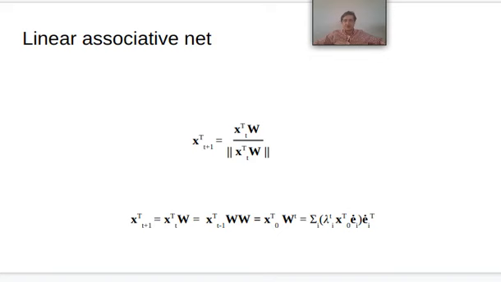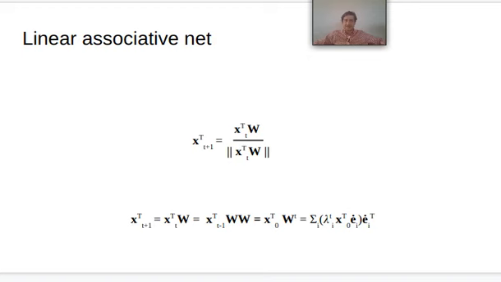Retrieval is driven by a time update function, where the state vector is first initialized to a probe and is then multiplied with the weight matrix to give the state at the next time point. This process is continued iteratively until the state vector stops changing. The final pattern is called a steady or equilibrium state and is taken as the retrieved response.